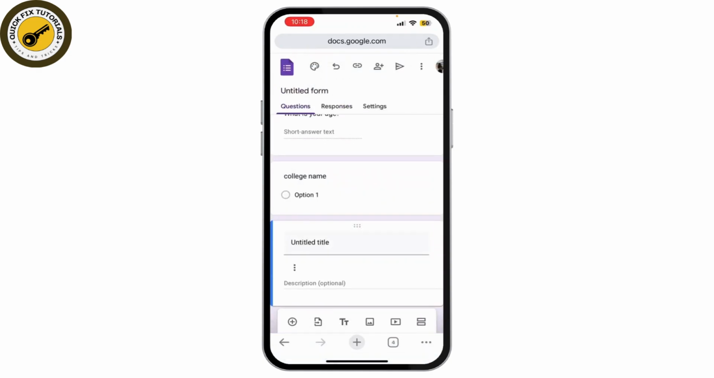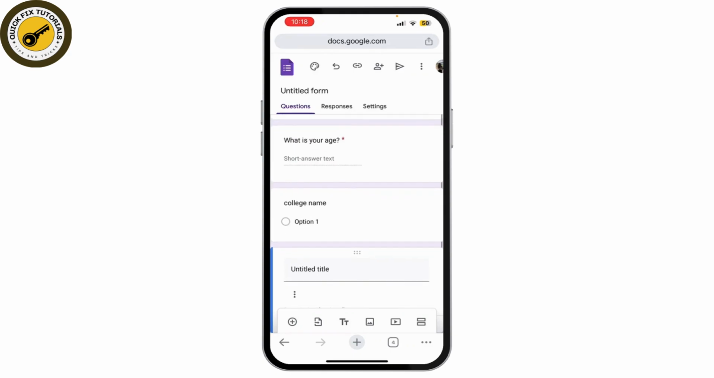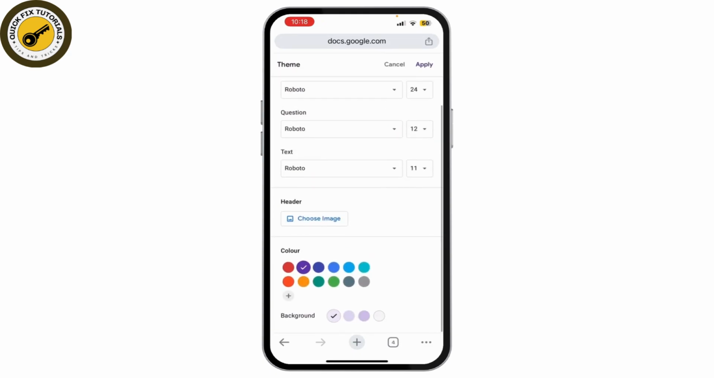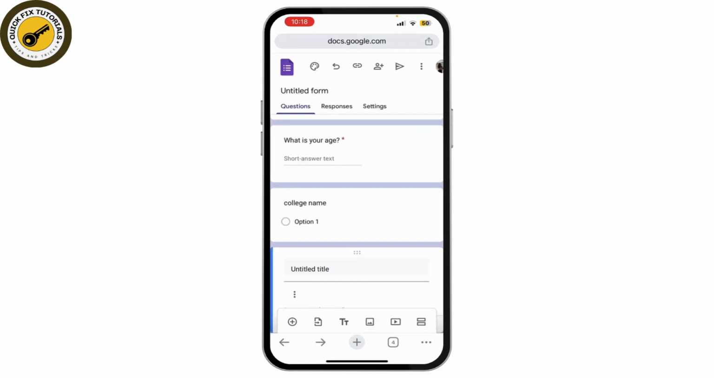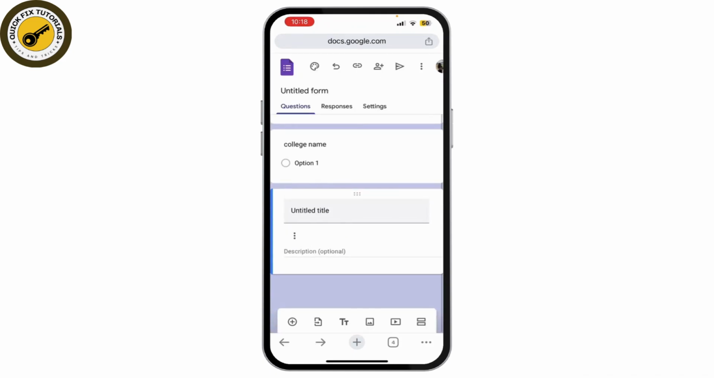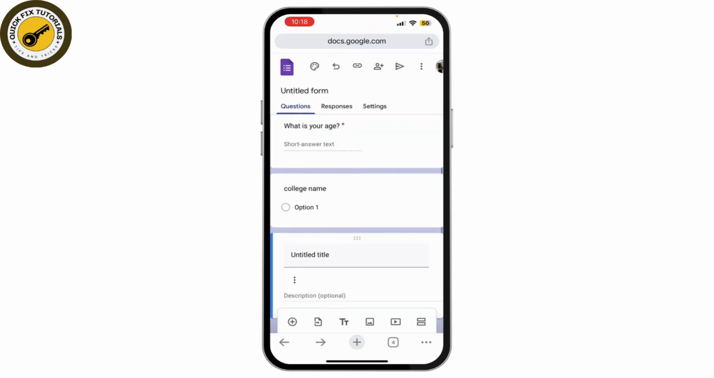To make your form visually appealing, you can customize a theme as well. Click on the palette icon at the top to change the form's color, choose a header image, or even change the font style. Once you're done creating your form, it's always a good idea to preview it to make sure